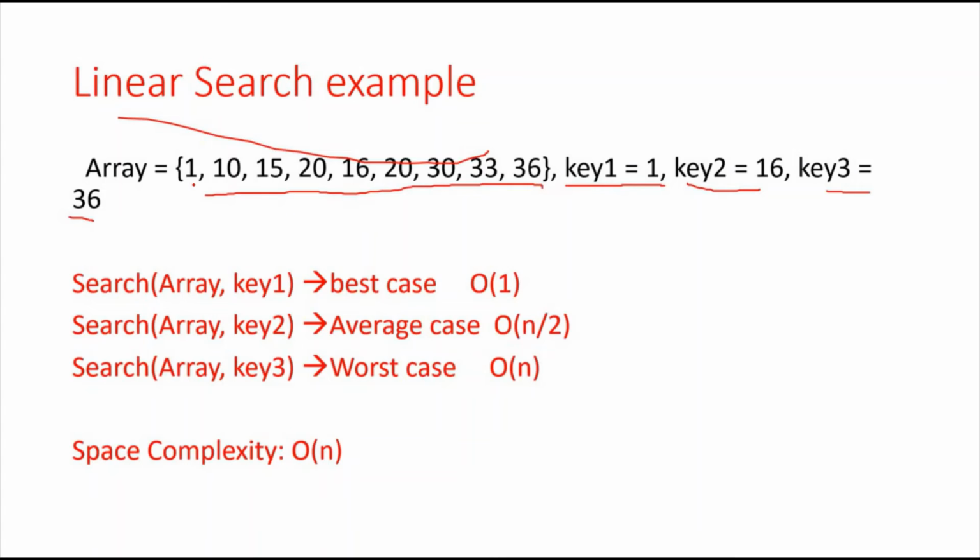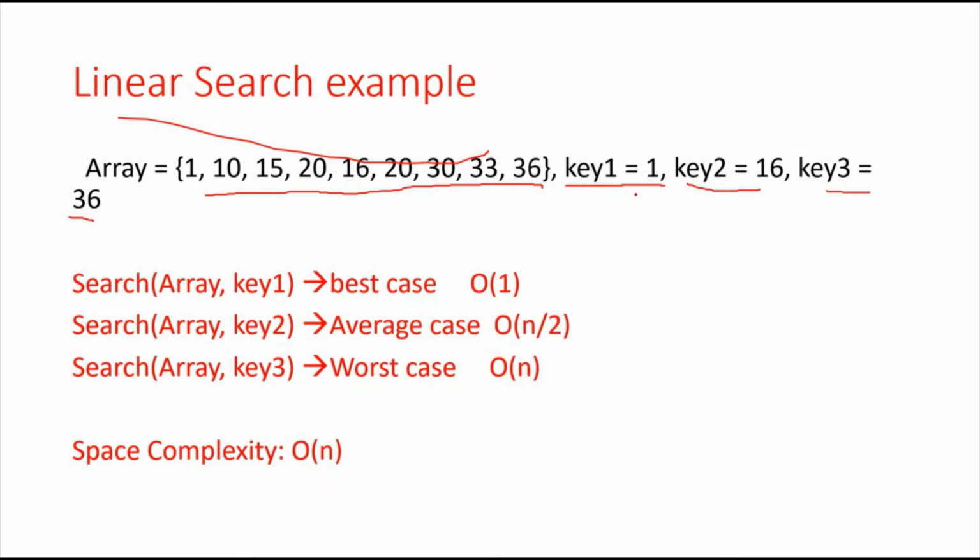We will compare each element of the array and see where our key is. If a particular element is equal to that key, the key is found, and the address of that element will be returned. Okay,